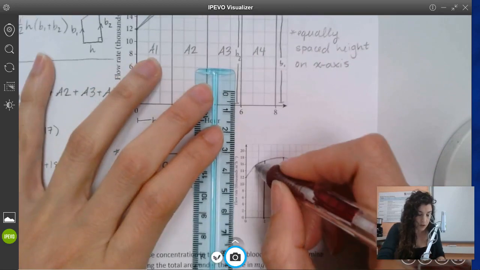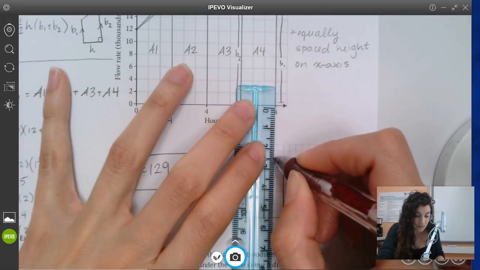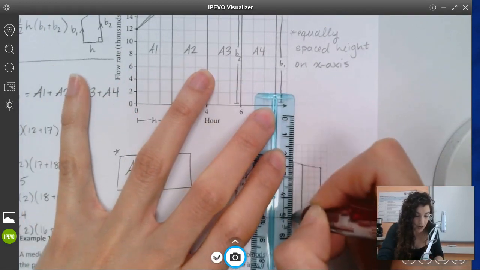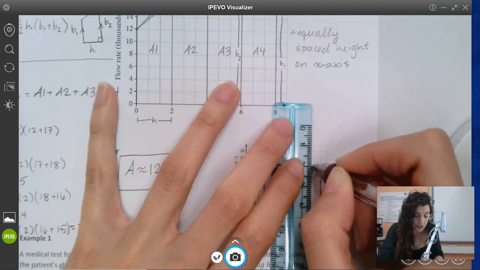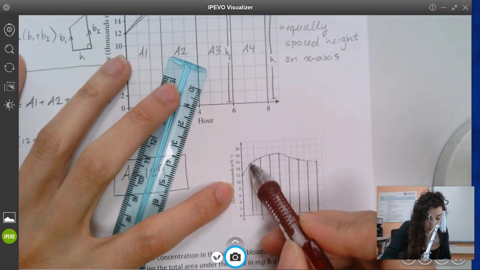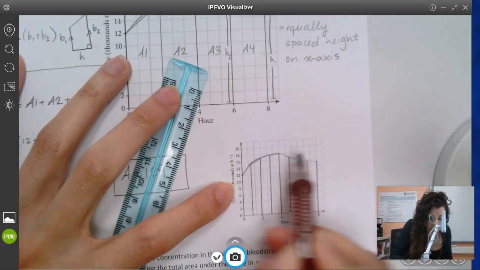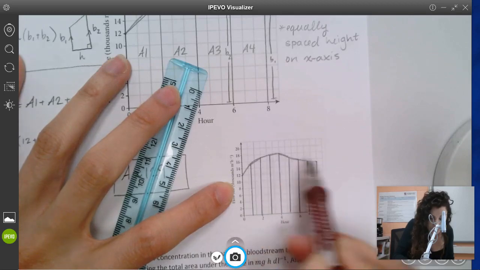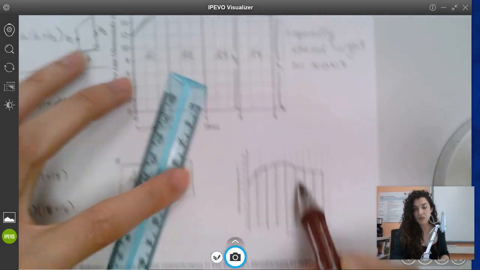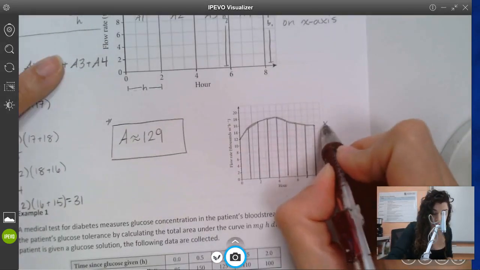The smaller your spacing is, the more accurate your approximation is in regards to that area underneath the curve. Noticing that the curve is going to start to look a lot closer to our trapezoids. That part of the trapezoid seems to almost be exactly with the curve a lot more than these trapezoids did. So smaller spacing